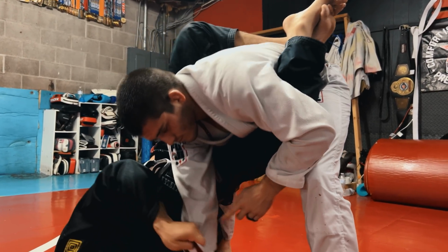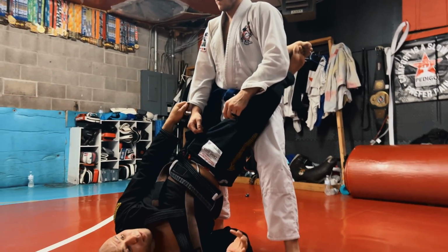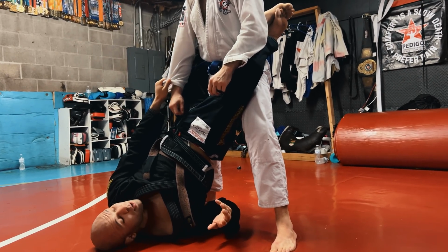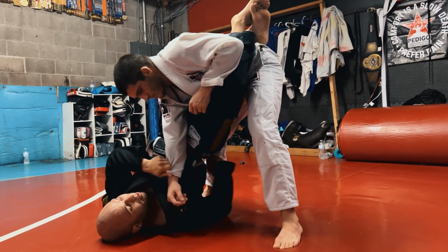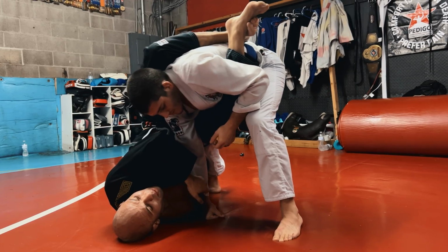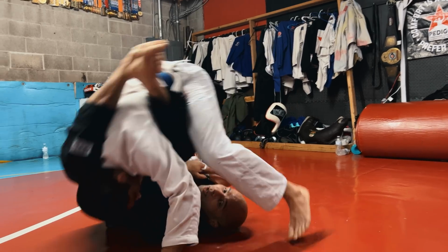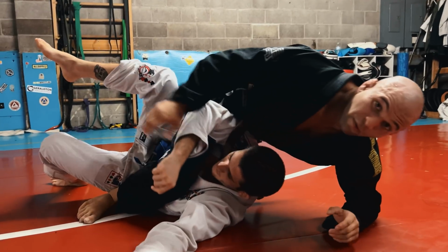The whole concept here is if he stands all the way up upright, this becomes a lot more difficult for me. So I want to prevent that. So by coming here and shifting my hips over, now if he tries to stand up upright, he can't. Okay, and then just turn and take him over. And again, I'm gonna link